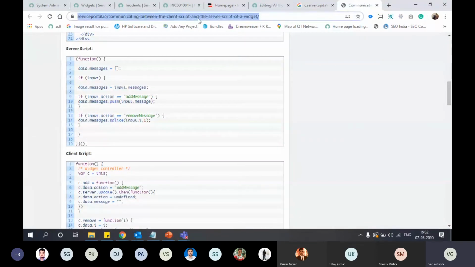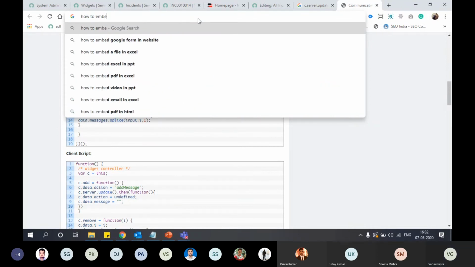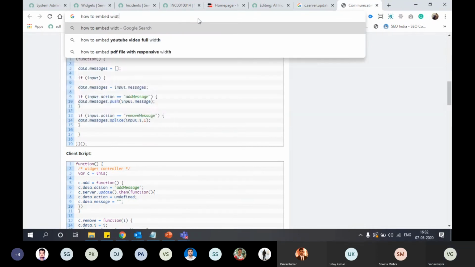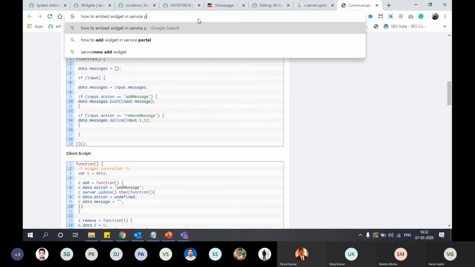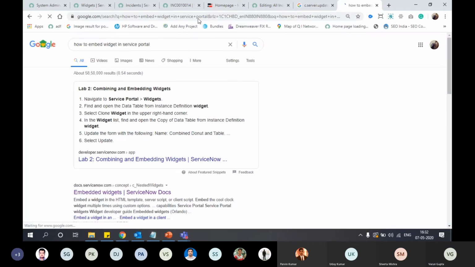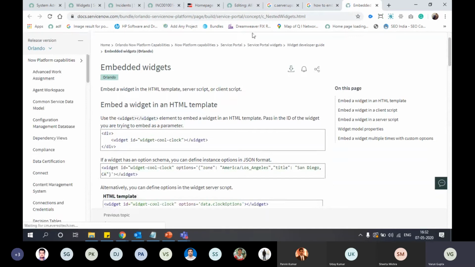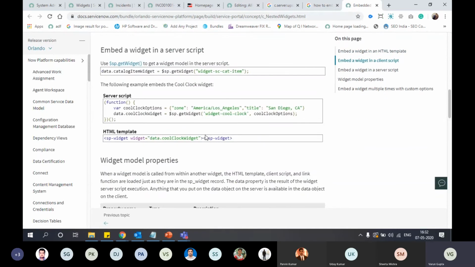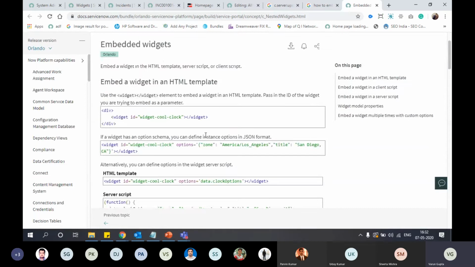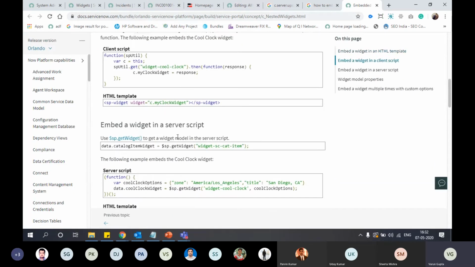There are three methods: using an HTML template, client script, and server script.